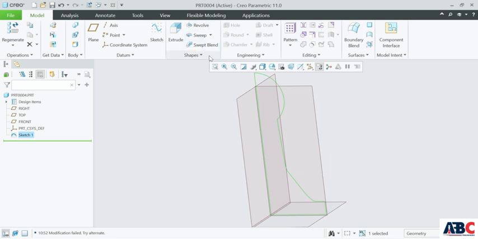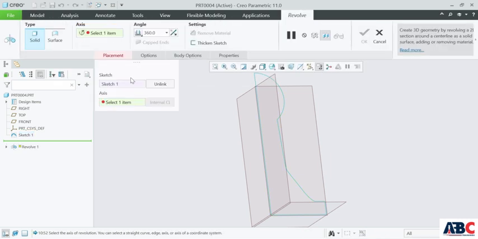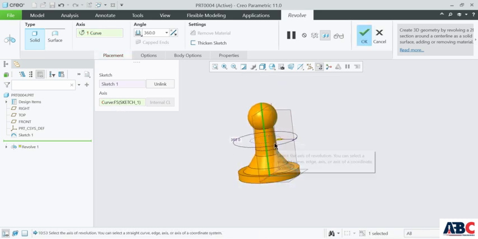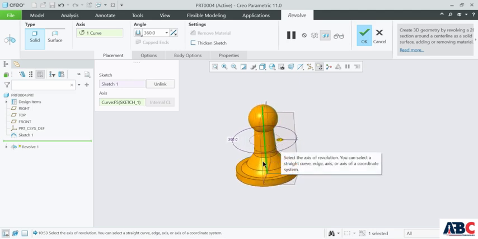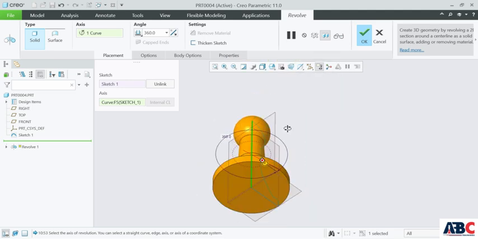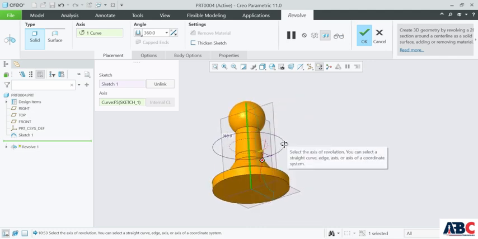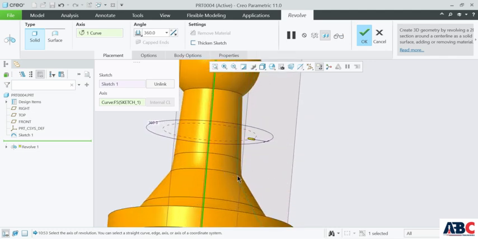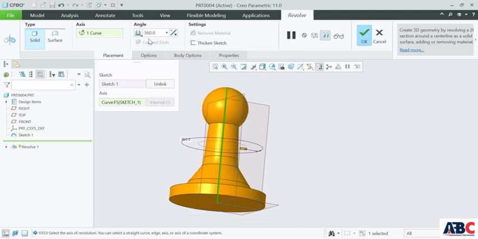Click on OK. So we have a sketch ready here. We will go to the shape tab, then we will click on revolve. So we will select the sketch. This sketch has been selected. I will select the axis. Okay, see this. This is how you can create a revolve. Okay, revolve has been created using this section. You can also change the angle here. If you change the angle, revolve will be